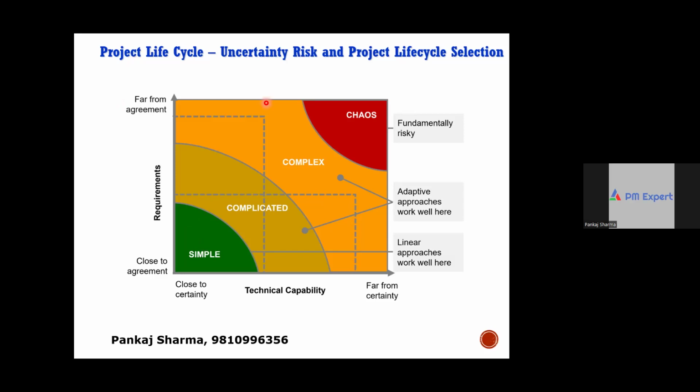See, building a bridge will still have some level of uncertainty. It may not be very simple, but depending on the type of bridge, there can be a level of uncertainty related to design. Upgrading the internet bandwidth, now see, even if two projects look the same, still the level of complexity can be different. The level of uncertainty can be different. I take a very, very simple example in front of you guys.